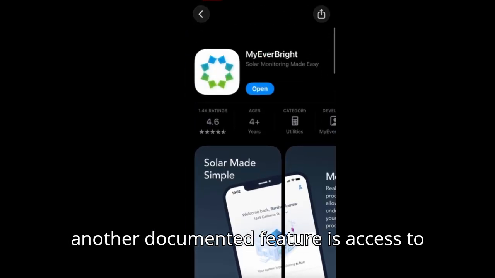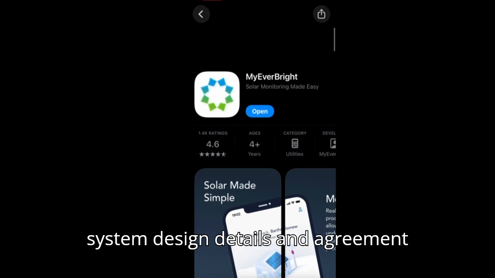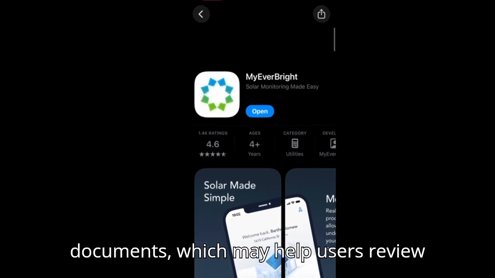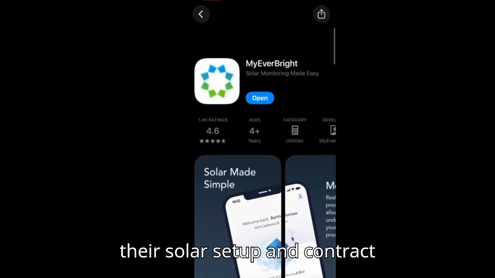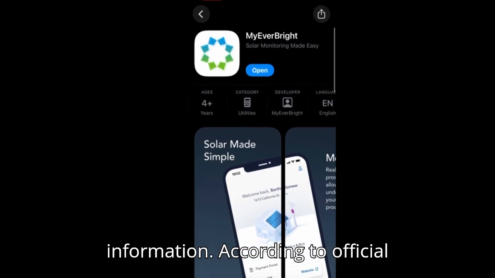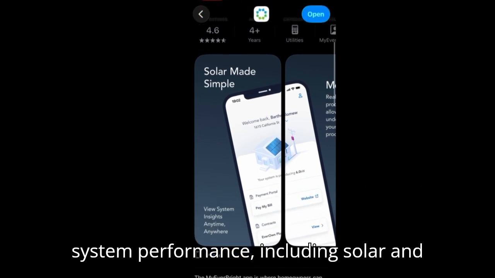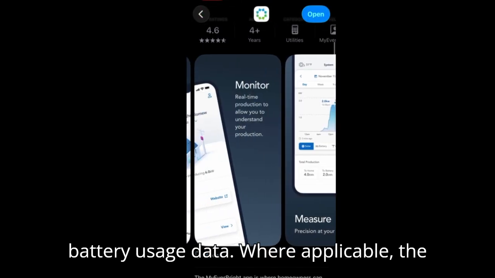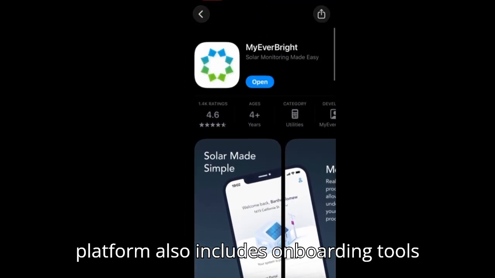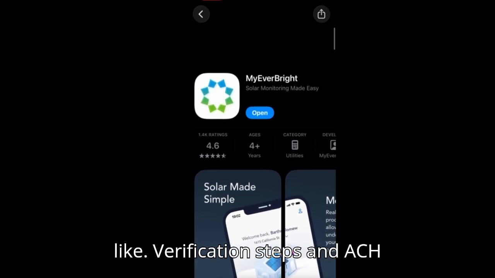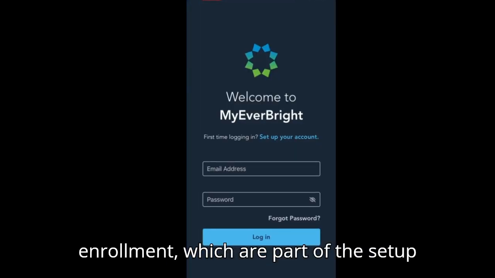Another documented feature is access to system design details and agreement documents, which may help users review their solar setup and contract information. According to official sources, the app provides insights into system performance, including solar and battery usage data where applicable. The platform also includes onboarding tools like verification steps and ACH enrollment, which are part of the setup